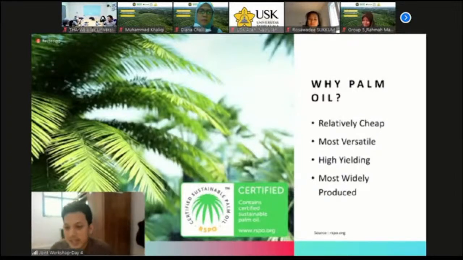This source is taken from lspo.org, and that is why we also have to make sure that the company or the stakeholder or the smallholder that produces this palm oil is certified by the LSPO, to make sure that all the products we buy are made in a sustainable way. We also have to make sure the smallholder produces the palm oil sustainably, because it is useless if the producer of the palm oil is not managing and processing it in a sustainable way, because it will also increase deforestation.